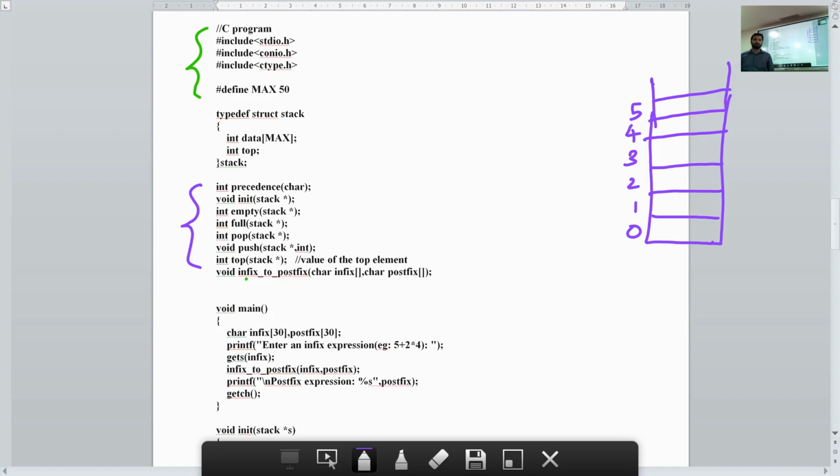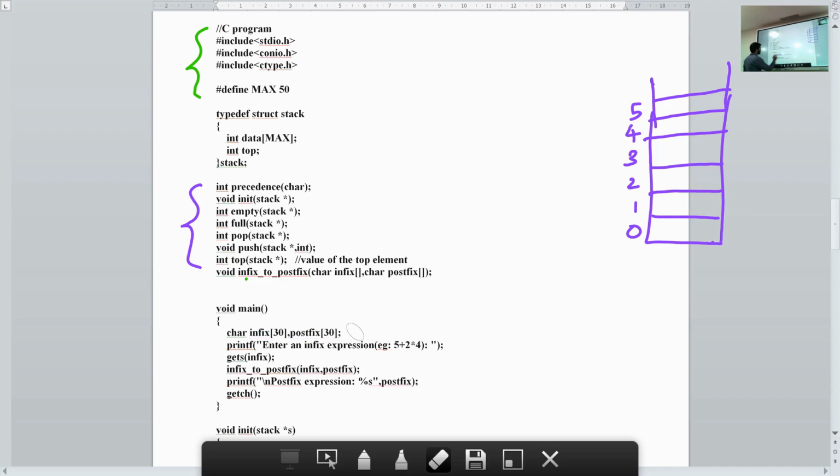Before we look at all the functions, let's look at the main program. In the main program, I have defined two arrays, infix and postfix. The infix array will be storing our input in infix form, and our postfix array will be storing the output in postfix form. So the infix is for input and the postfix array is for the output.